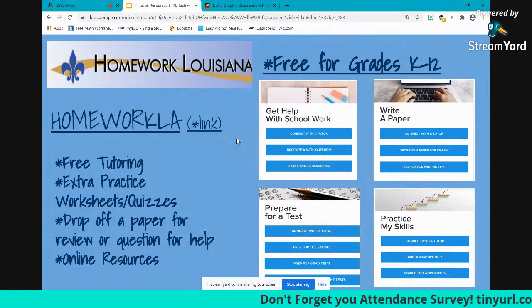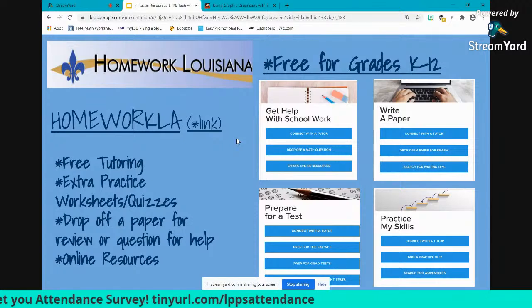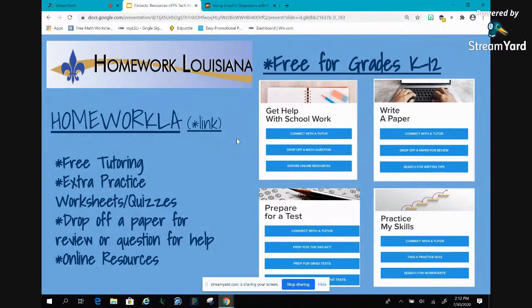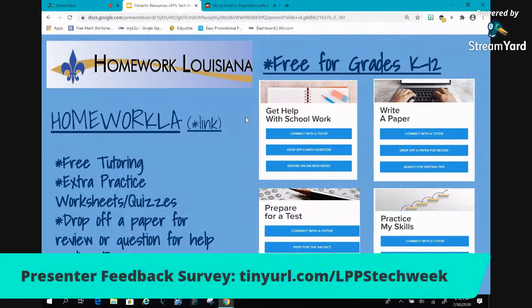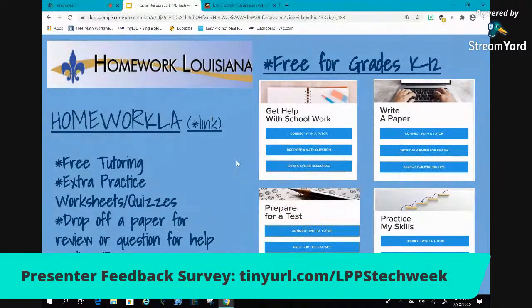MobiMax, they have their own login and their own password. It can be accessed through the internet. Reflex Math, just so many of these resources, if they are internet-based, students are able to get to them from their home computers or tablets. So instead of having to run off a ton of worksheets for extra practice, I usually give parents a list of these websites if they are able to access a computer at home. That way they can practice anytime they want, and it really helps me in the classroom because they're getting extra practice on those things.